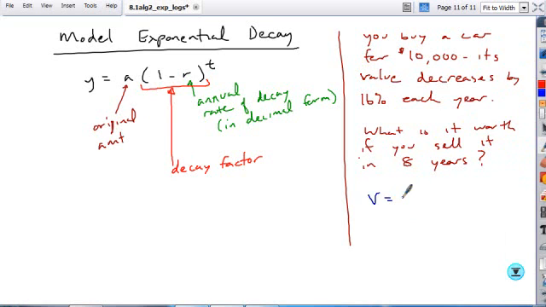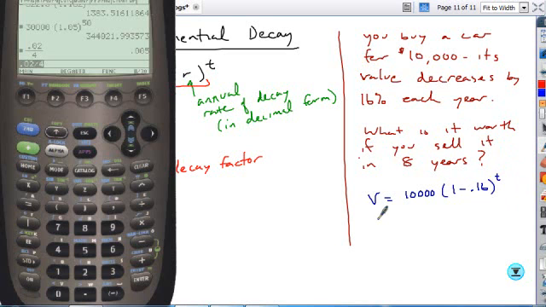So now when I plug this in, I can substitute in the 8 for the t here, and so I can just evaluate it. So 10,000 times the quantity 1 minus 0.16, all to the power of 8. And it's in decimal form, so I can hit enter. And it looks like it's worth 2478.76